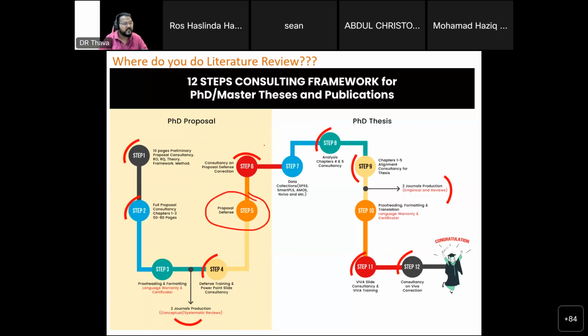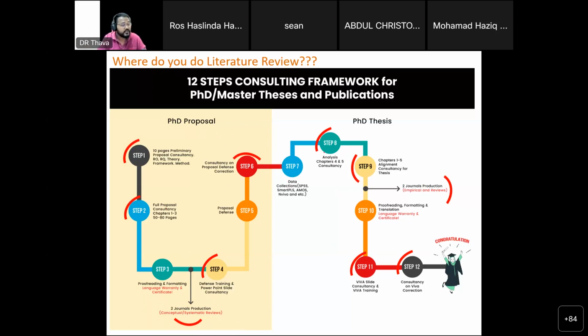Then go for proposal defense and finish your correction successfully first. Okay. These corrections are something that we coach all the time. All right. And we never allow students to go to chapters 4 and 5 before they settle this, because you must make sure everything is intact before you finalize your instrument or your experimental method. And while doing all that, you can also concurrently produce 2 journals, 1 conceptual paper, 1 systematic review paper. All right. And you get a smiley face doing that. Why? Because by the time you hit rock bottom here, you already have 2 papers completed and published. That's our end goal. That's our end game.